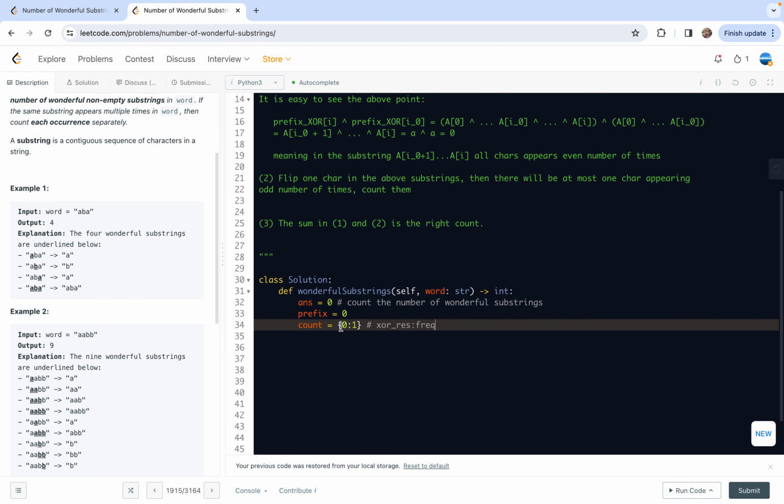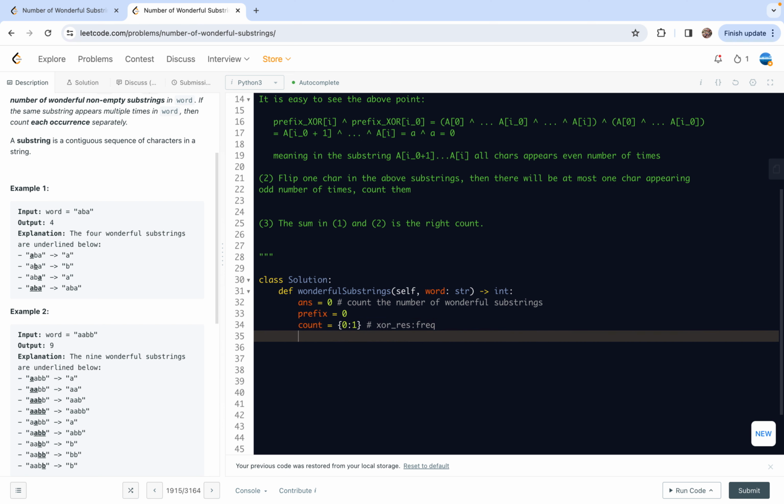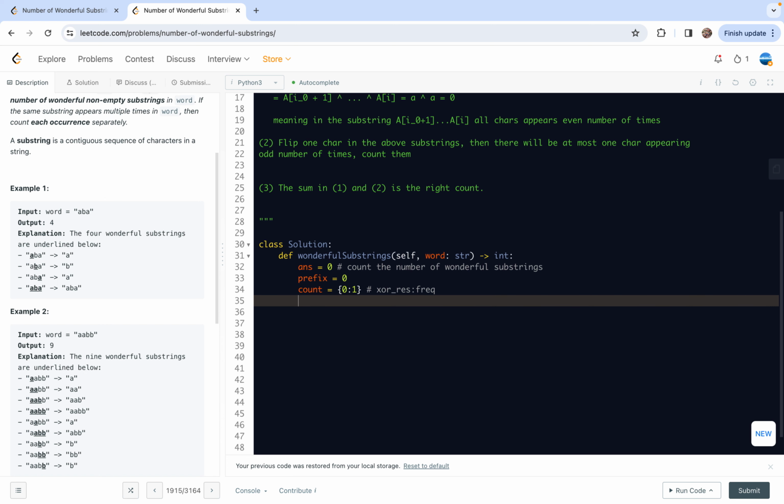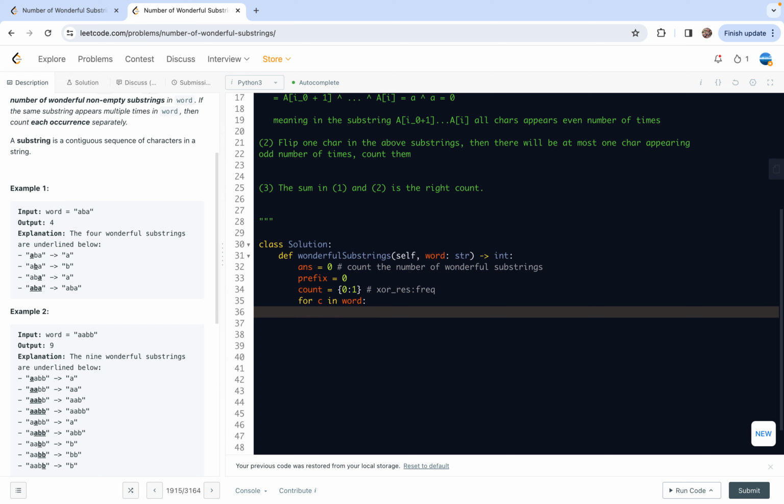It means that this exclusive-or result appears this number of times, right? And then we are going to do the for loop. So for character in word, first we are going to do prefix XOR with the current character, right? So here, when we do this, because we have 10